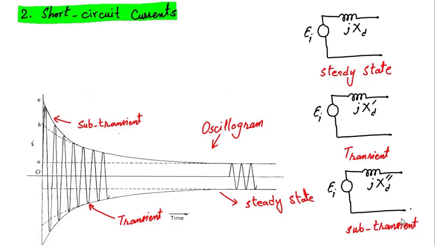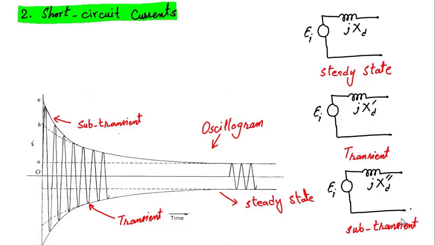Now for example, if I put a short circuit across the steady state model, if I connect the two ends, the current established in this single loop circuit will be equal to the steady state current value. Similarly, if we put a short circuit across the transient model of this generator, the current established in that loop will be equal to the transient current, and if I put a short circuit across the sub-transient model, the current established will be the sub-transient current. Now here we define what is meant by sub-transient, transient and steady state current.